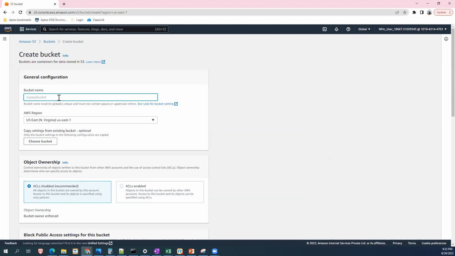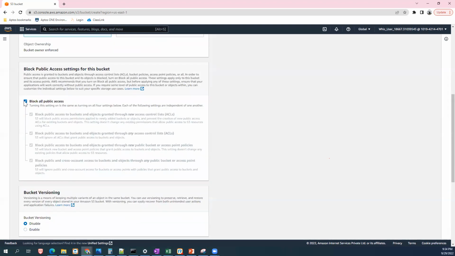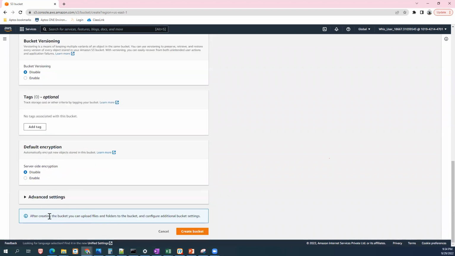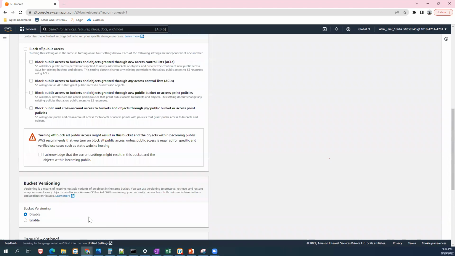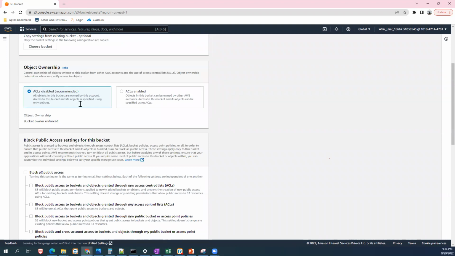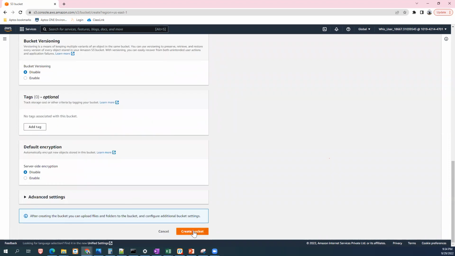We create a bucket. Let us put the same name. Last time I put a capital and it's not happy with me, so I'm not doing it again. Technologies 100. Let us see if it is there, or else it will tell us it is already taken. Okay. Technologies name and ACLs disabled. Okay. Block all the public access. We unchecked that earlier. And we need to acknowledge. Where is that acknowledgement? Okay. I acknowledge. Okay. Here it is. Simple steps. We did that. Name, we keep it as it is, recommended settings, and the only thing is to unblock it, right? And we acknowledge that, and the remaining all we kept as it is.